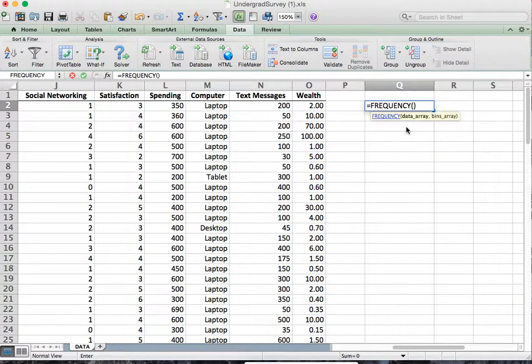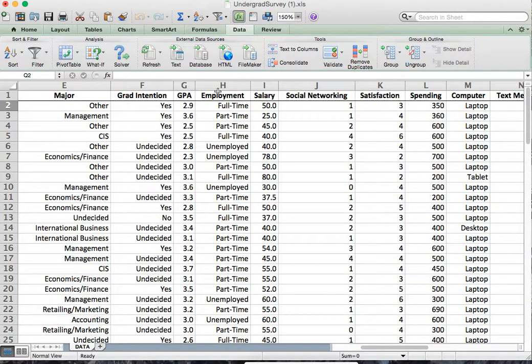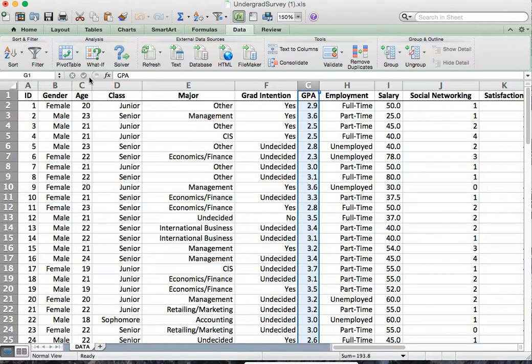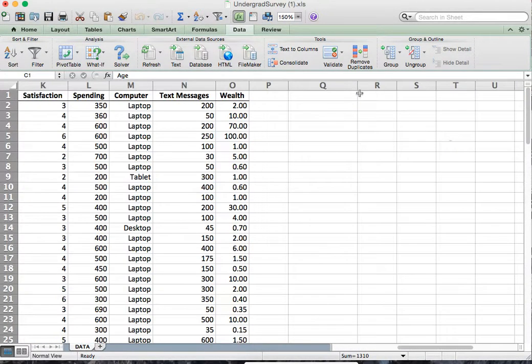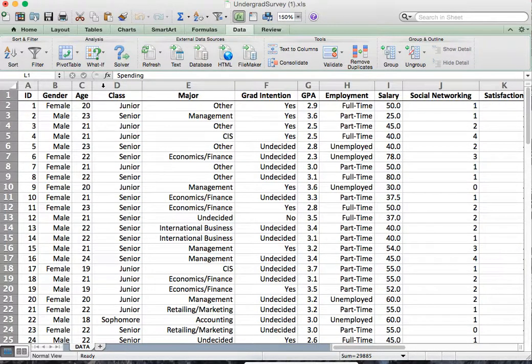Here we give a data array and a bins array, but this is only useful when you have numerical data like GPA or, let's say, age or salary and spending. So in that case, what we're gonna do, we will be using pivot tables, as I said, and this is only for